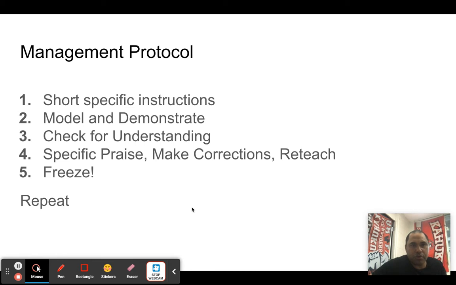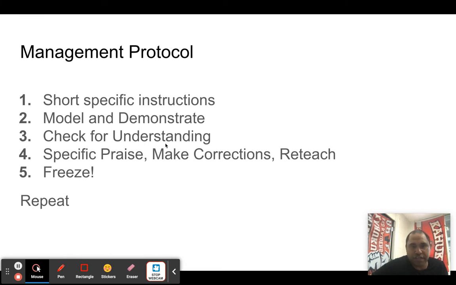All right, here's the protocol. So if you notice, Pangrazi utilizes this protocol throughout the entire video. So she starts off with short, specific instructions, and a lot of times models those instructions at the same time. So that's great. You know what they say: a picture expresses 1,000 words. So a lot of times when you model it, it's actually faster than just talking and giving instructions. So that works well when you combine the two.